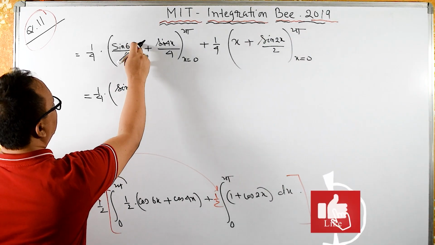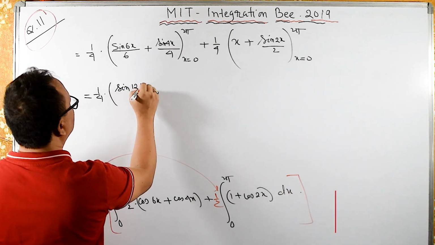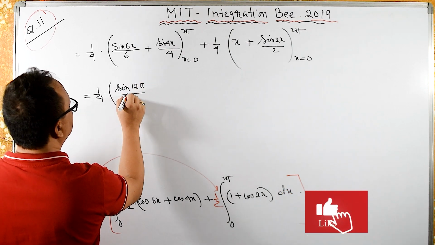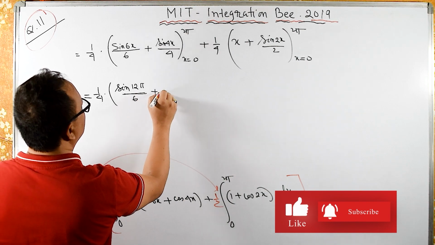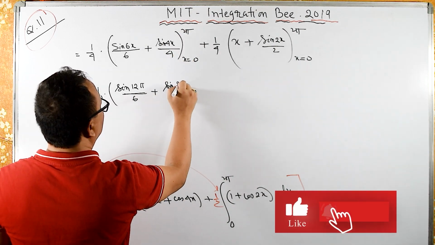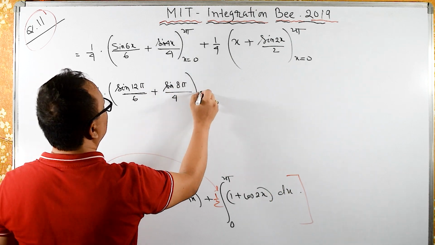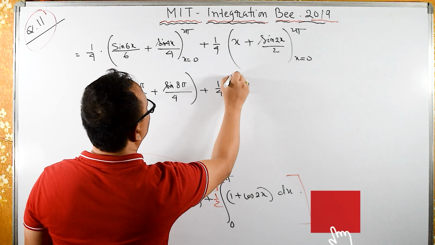Sine of here 6 into 2 pi is 12 pi upon 6 plus sine of 4 into 2 pi is 8 pi upon 4 plus 1 by 4, 2 pi